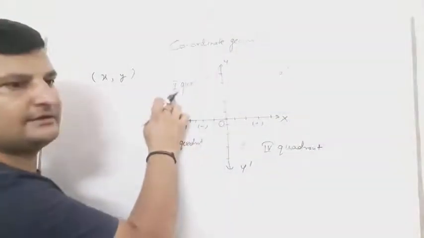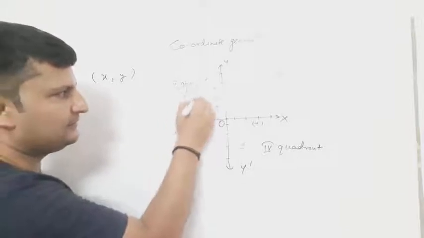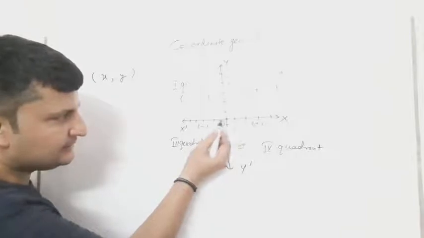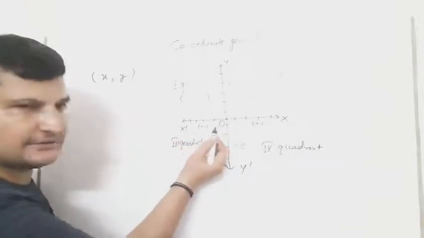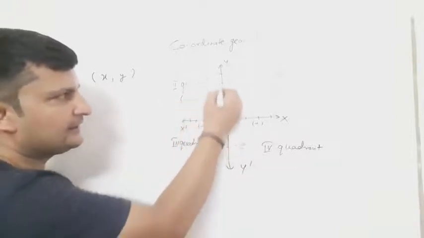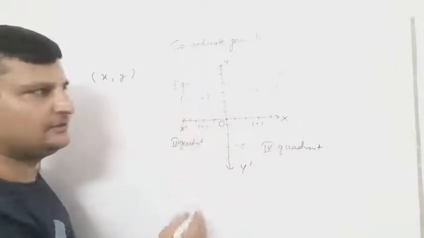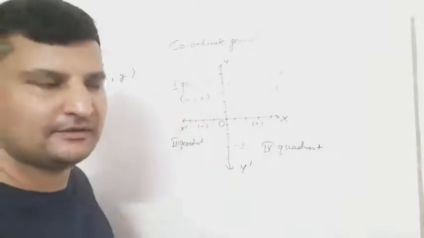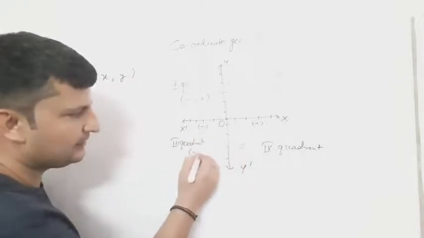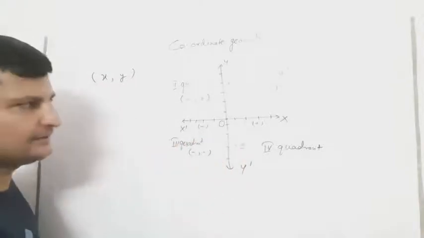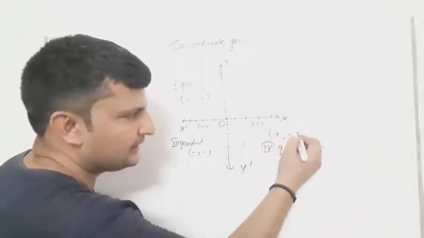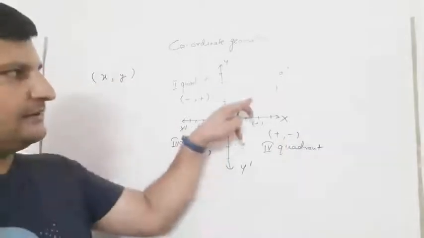Similarly, in the second quadrant, the first axis is the x-axis. Now we have to understand it first. How can we understand? We have to see the distance from 0 to x dash. This is in the negative direction. So first we write negative, and second, the y-axis is positive. So the sign of the second quadrant is minus and plus. Similarly, in the third quadrant this is negative, so we write minus and minus. And in the fourth quadrant, similarly, first is plus and second is minus. These are the 4 quadrants.